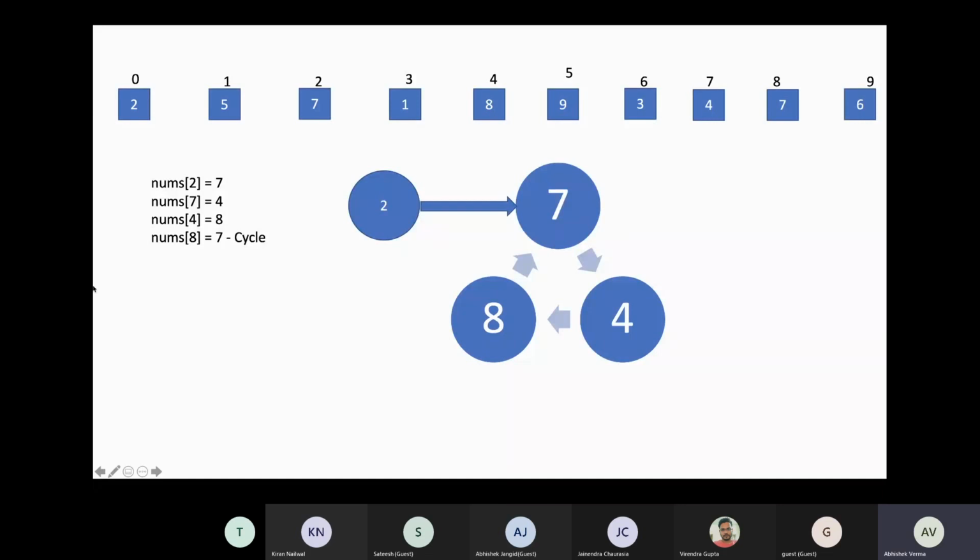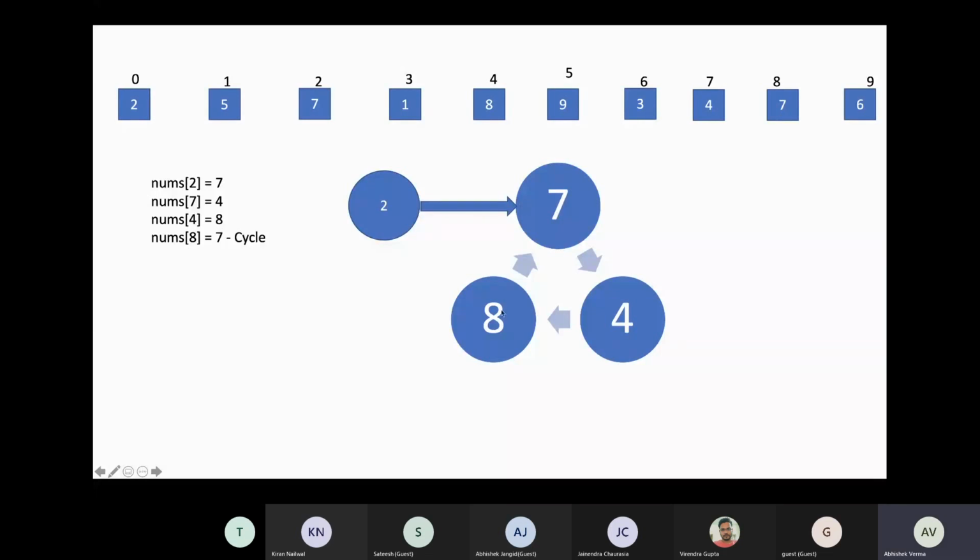So if we see 2, if we go to the value at 2, we see that it is 7. If we go to the value at 7, it is 4. If we go again to the value at 4, it is 8. And if we go again to the value at 8, it is again 7.